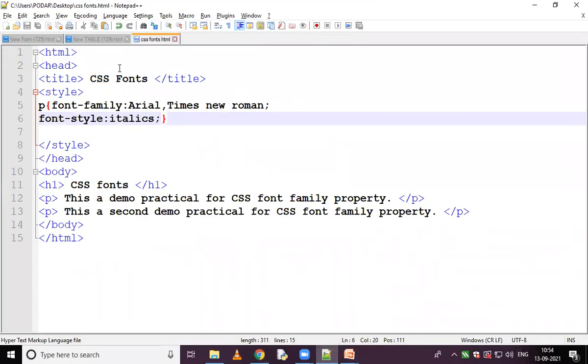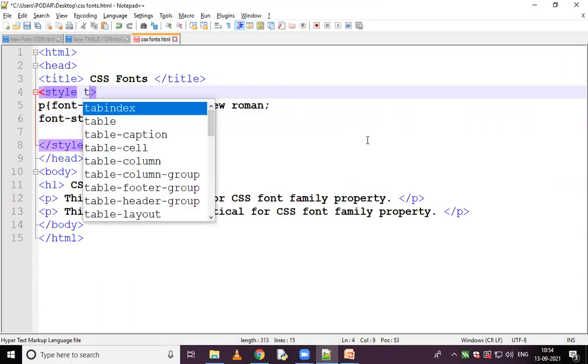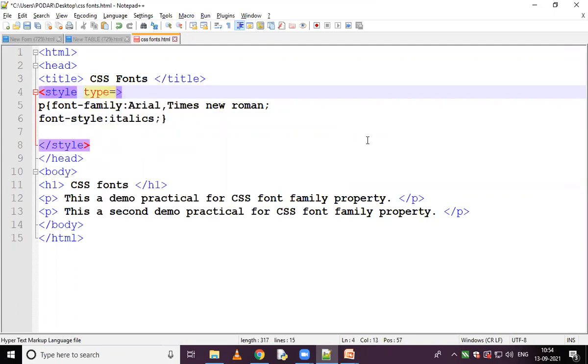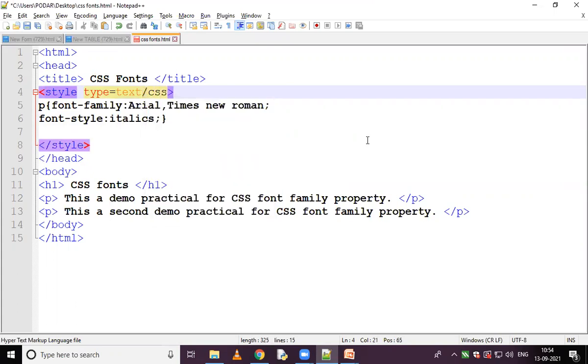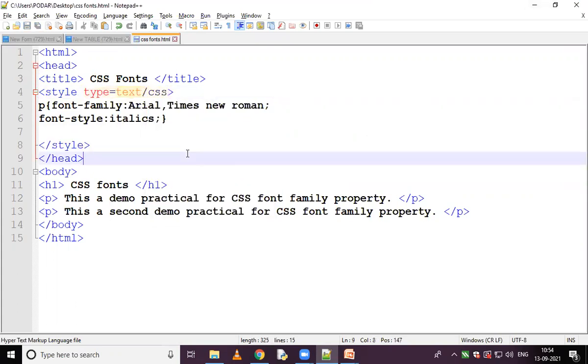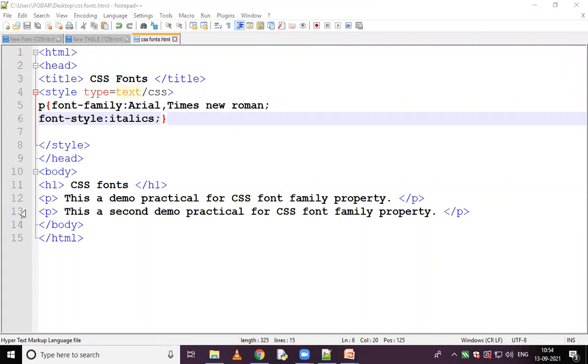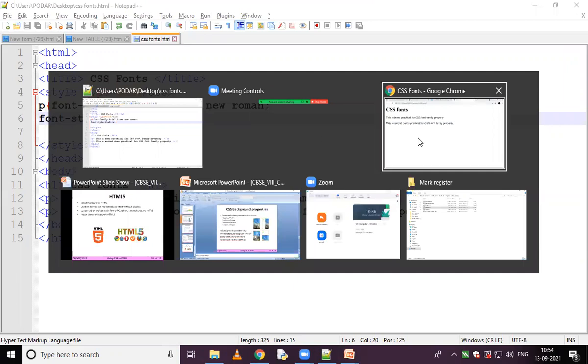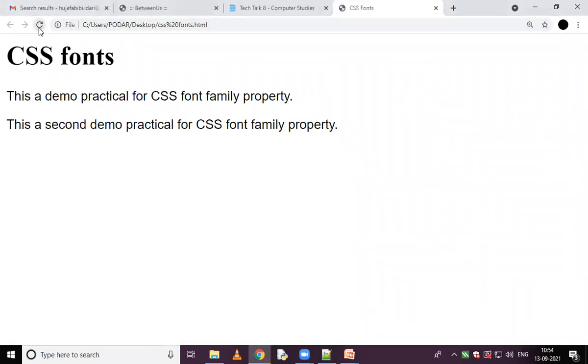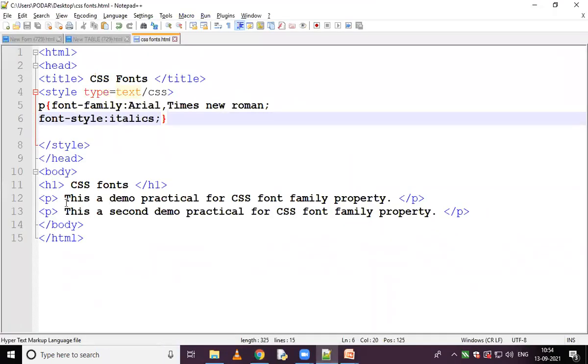Okay, as I'm forgetting here, write one thing. Type equals to text CSS and saved it. Font style, it will be italics. Okay, there are the two paragraphs are there. Okay, I'm using for the different one. If you want to make a class, you can make it